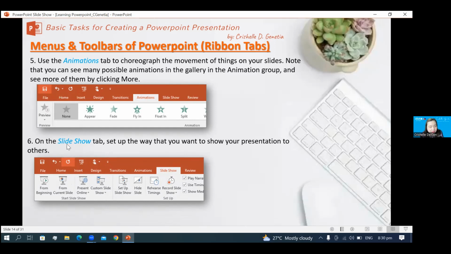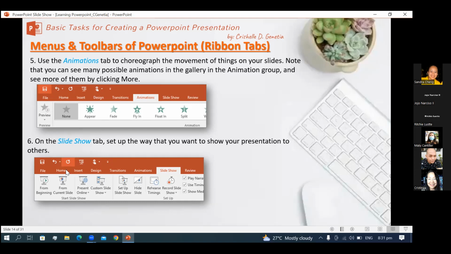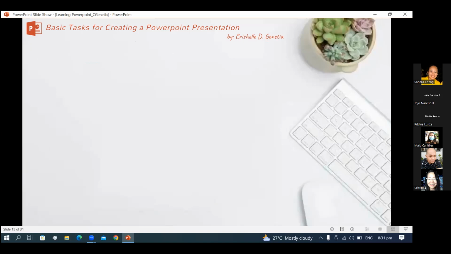So the next is we have Slide Show. What does Slide Show mean? It is the way you set up your slides, the way you wanted to present it. Usually, we have From Beginning or From Current Slide. So in Atomy, if you would notice, we would always present our slides from the beginning, unless we were cut in the middle and then we have to present it from the current slide. Of course, all of these are really nice, wherein you can even record your slideshow. However, that's already advanced. I will not confuse you for now. But of course, if you would want to learn these things and you wanted to try it on your own, you can always try it on your own, and you can always send me a text message,